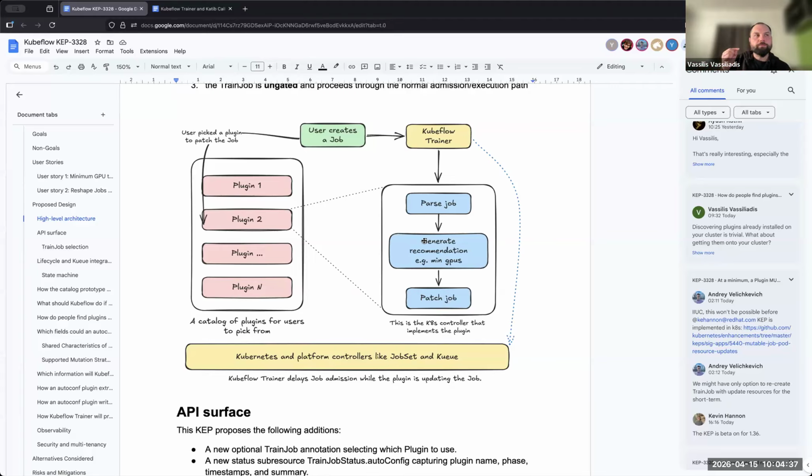We don't have to add it as part of the protocol. We can just say in the protocol, a train job controller must look at the train job. It can do anything else it needs, and then in the end, it must give me a patch.